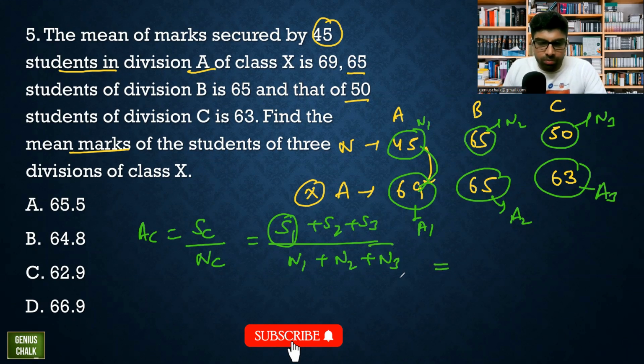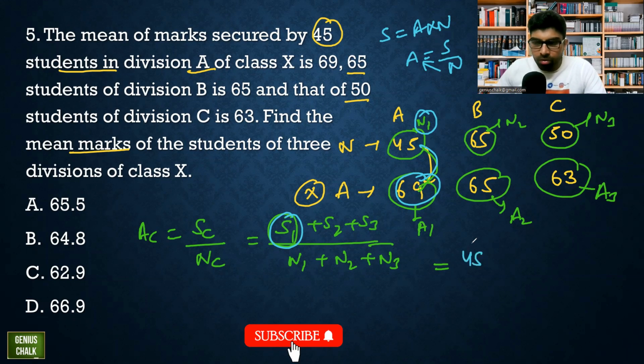Right. Now, what is the sum? The sum equals average into number, because you know that average equals sum by number. So you know the number and you know the average. It will be 45 into 69, plus 65 into 65, plus 50 into 63, and overall